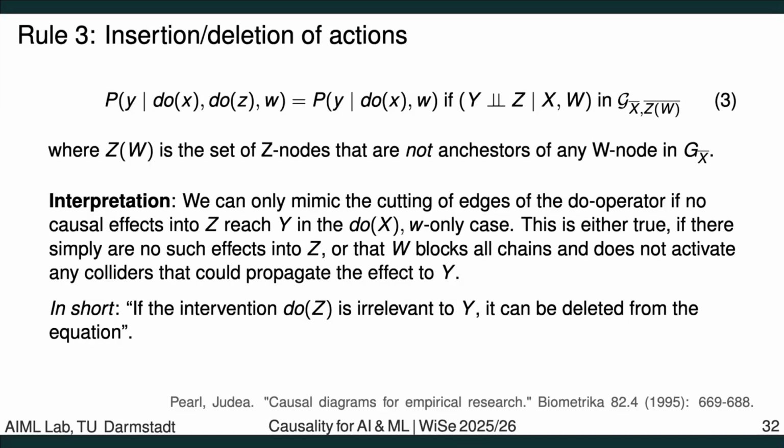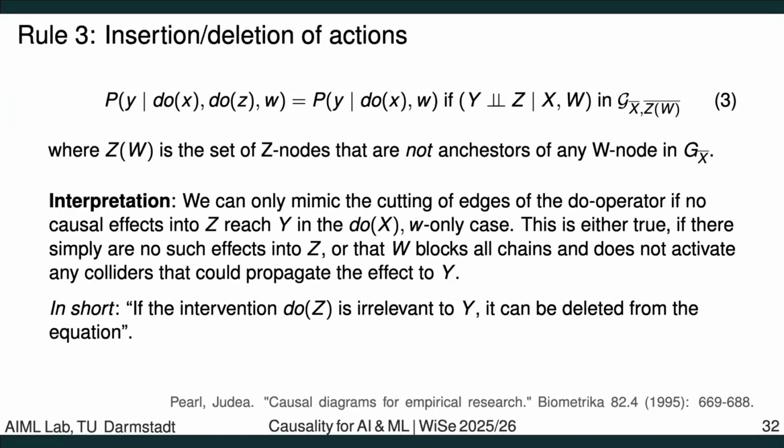Again, we need to show independence between X and Z. And now with this part, we do a bit of a weird thing to the graph. Again, we cut all the edges that go into X because we still have this do operator here with do X. But then we also cut all the edges that go into variables that are not